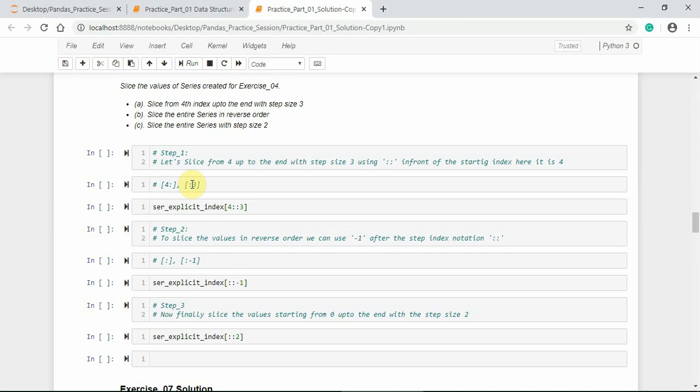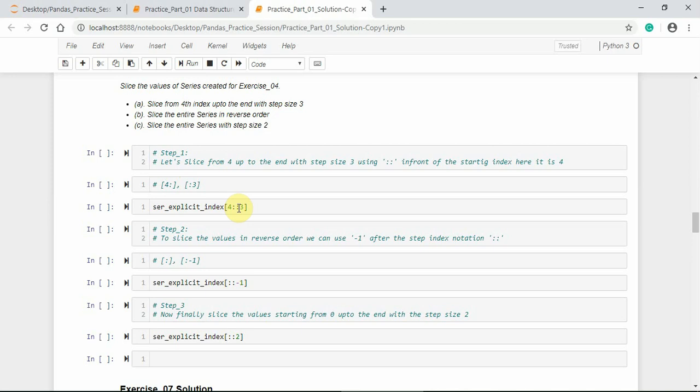So if we use double colon with the left integer and the right integer, it will slice from the left integer with the step size as the right integer.